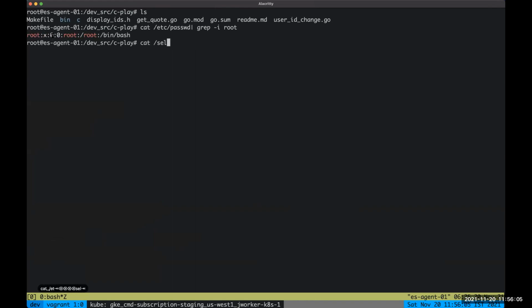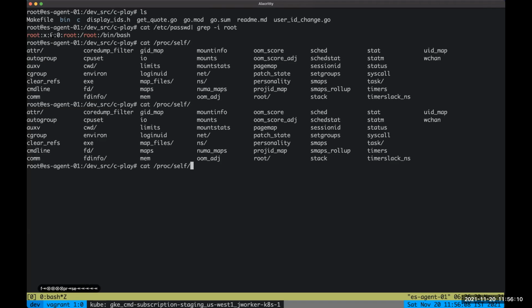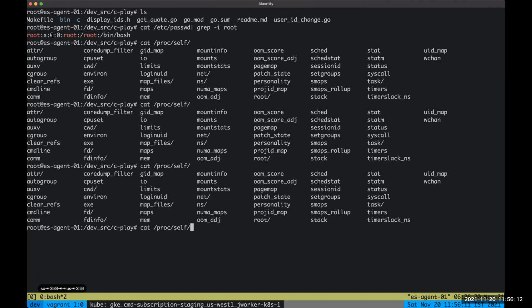I think you can also see that in /proc/self or something. I'm just looking at a different means to see the same group ID. I forgot the link name, but you can actually see it